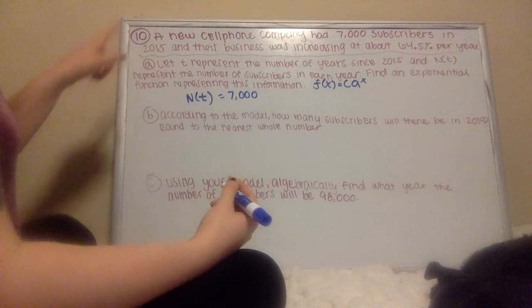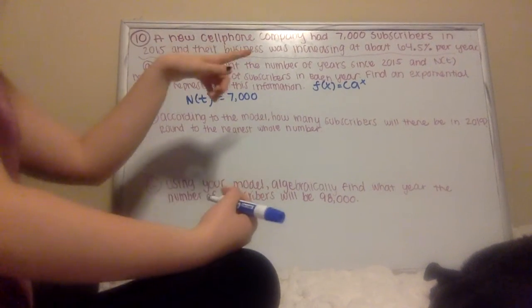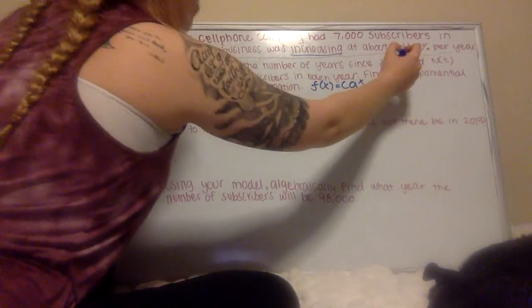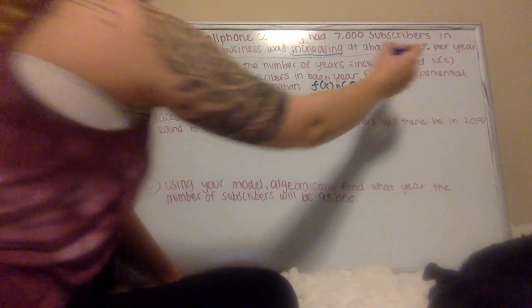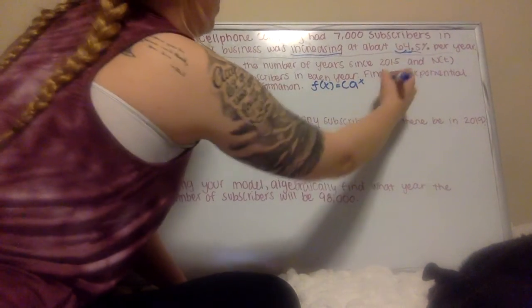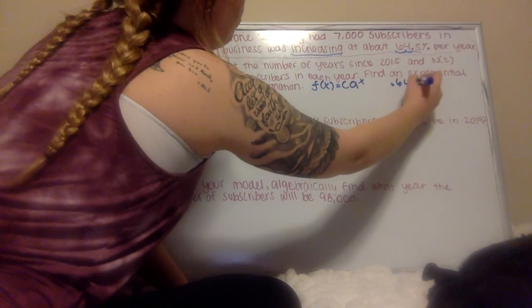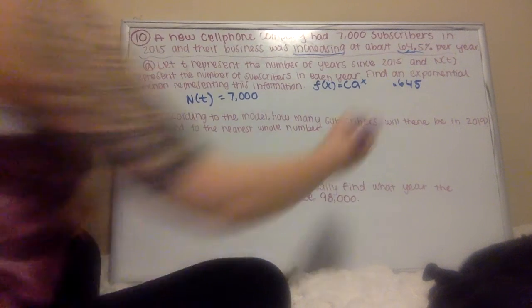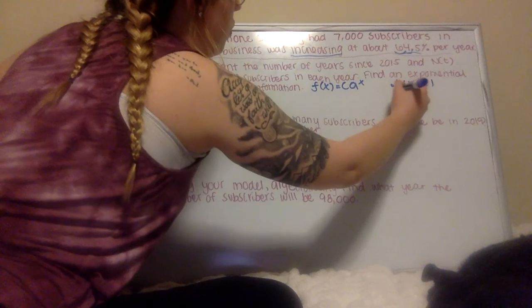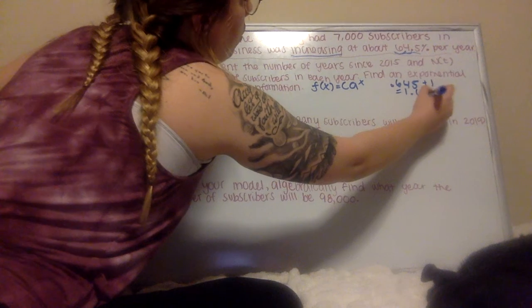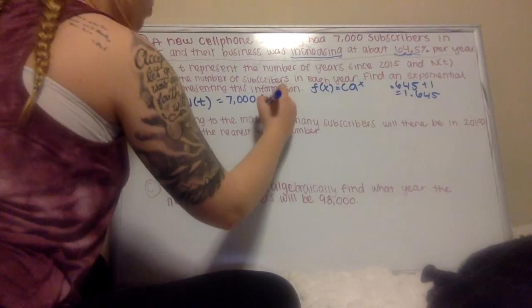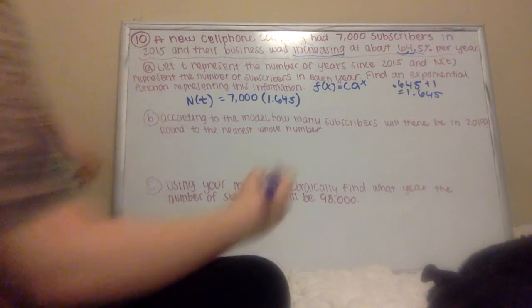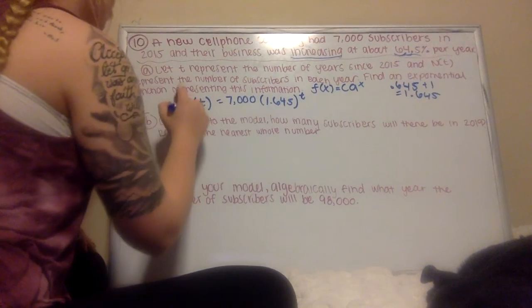We aren't given our growth factor, but we are given a growth rate, because it's a growth since we are increasing. We're increasing at about 64.5%. To change that from a percent to a decimal, we just move the decimal to the left 2 spaces, so we have 0.645. When we go from a growth rate to a growth factor, we just add 1, so our growth factor is 1.645, which we plug in for A. Then again we're using T and N of T for our X and Y, so to the T. So this is our final